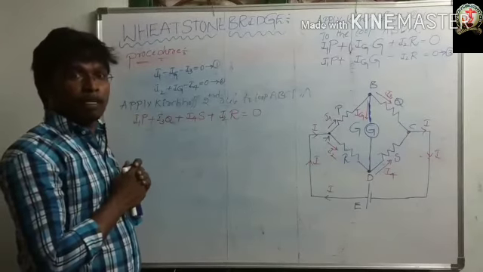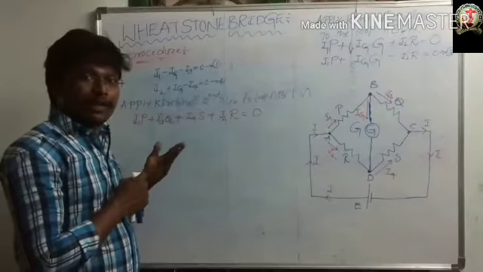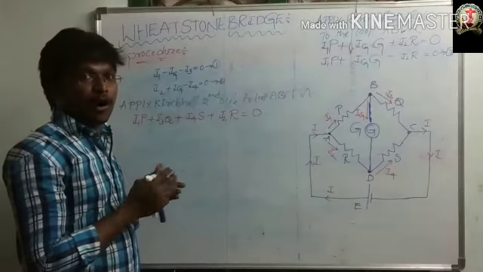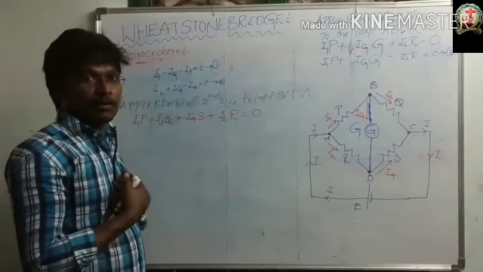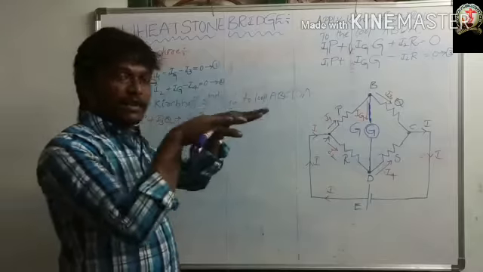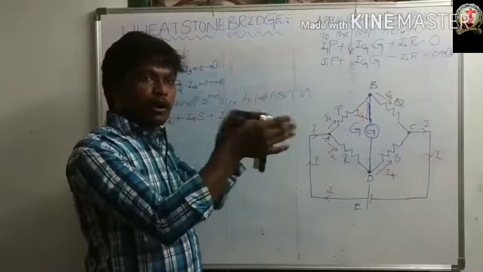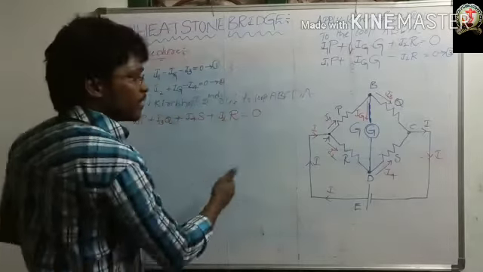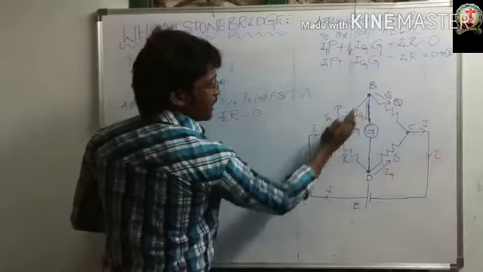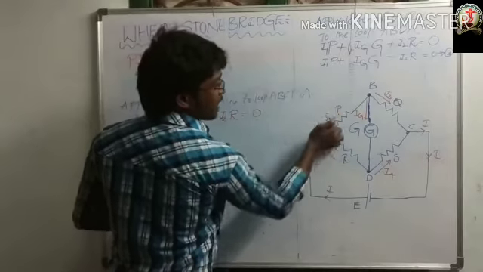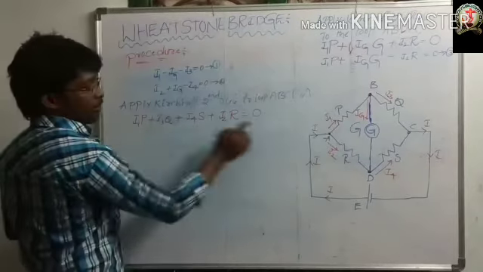Now what we have to do is write the signs. How to find the signs, we know. If the loop direction and current direction are both the same, it is positive; opposite means negative. So what is the loop direction? First A to B. The loop direction is this side, and the current is also moving this side, so this one is positive, I1 P.